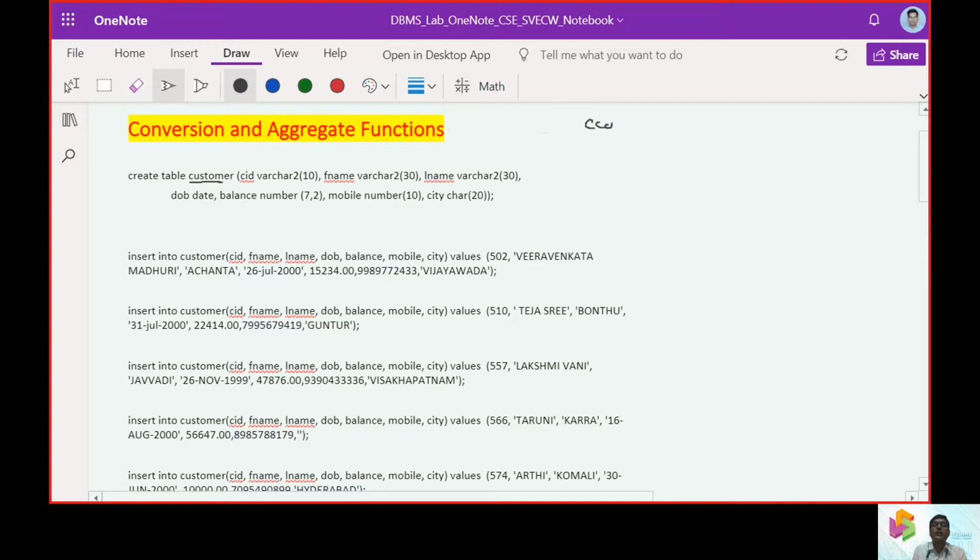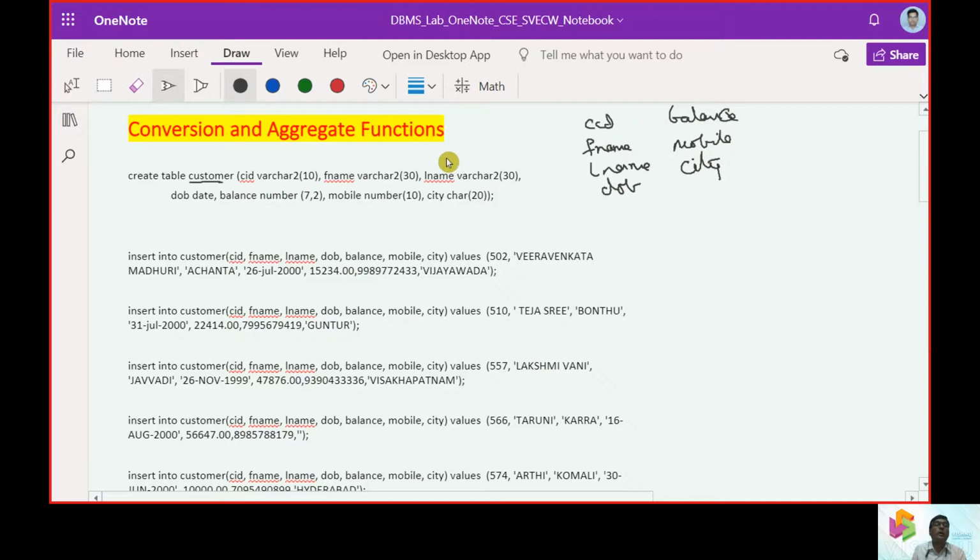There we will have the identifier as customer ID, customer first name, last name, date of birth, which is a date data type, and an amount to describe the balance, mobile, and the place where the customer is going to stay. So these are some of the attributes we look into.